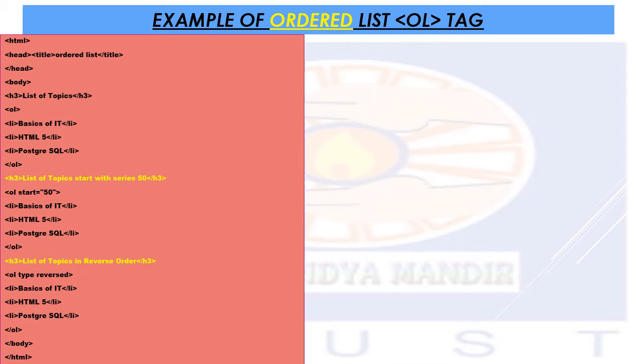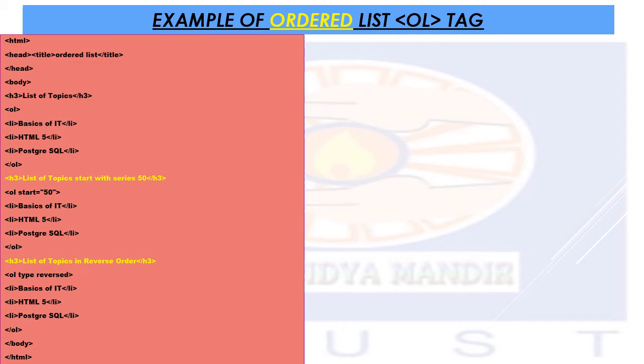And then you can see the number of LIs I have given over here, again the same items. Close the LI tag, then close the OL tag. So for this particular series, I have used this attribute, opened the OL tag and closed the OL tag. Now come to the next one, reverse order. If I want our OL tag in the reverse order, that is, numbering should be in the reverse order, then this is the new topic which has been introduced over here in HTML5.